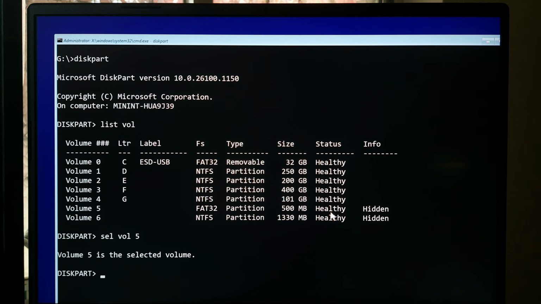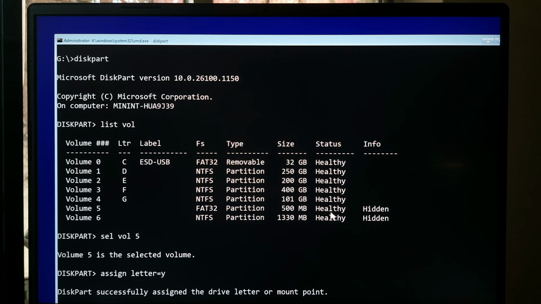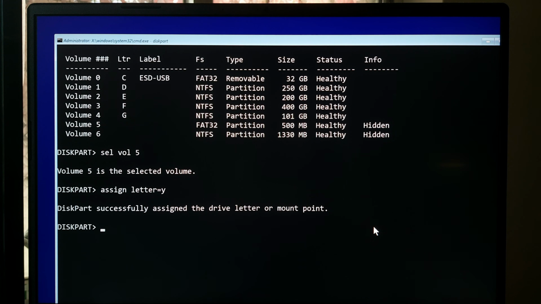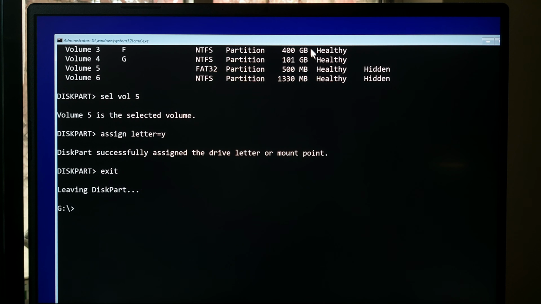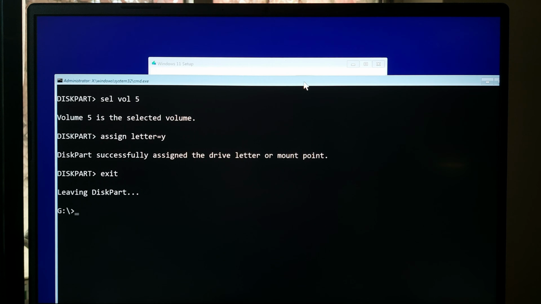Then I will assign it the drive letter Y. So type assign letter equals Y and press enter. You should see a message indicating that the drive letter was successfully assigned. Now leave DiskPart. Type exit and press enter. Now that we know the Windows partition and EFI partition, we are ready to rebuild the Windows Boot Manager